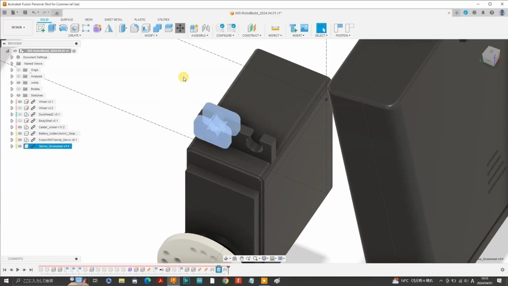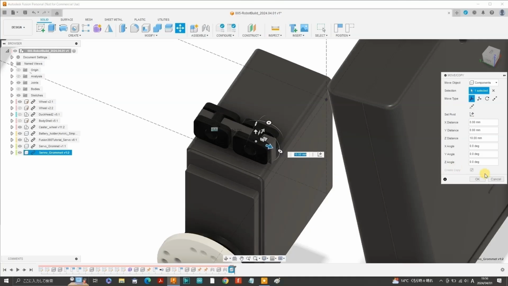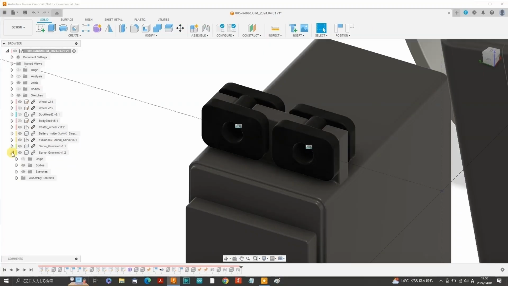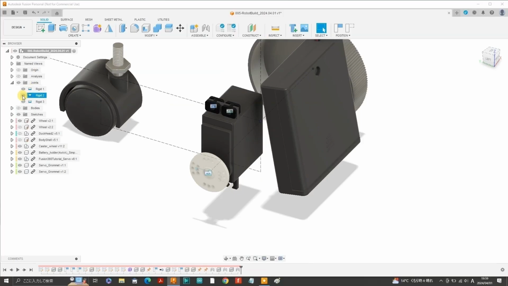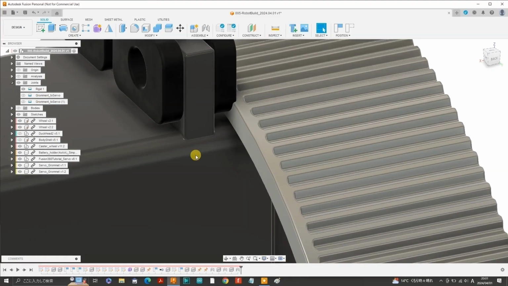I think now is a good time to make a copy and to move the copy to the adjacent opening. I also made a rigid joint again in the same manner as the first grommet. I'm going to have a lot of joints in this design, so it's always best to label your joints. I've labeled this one grommet to servo. Now it's time to unhide the wheel, and we can see that the grommets do in fact interfere with the wheel as I had suspected.